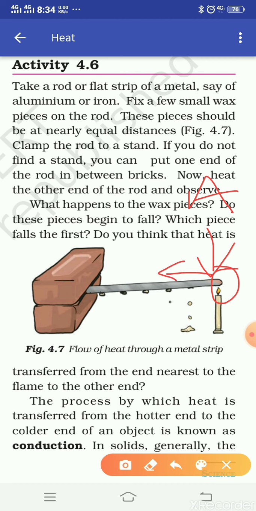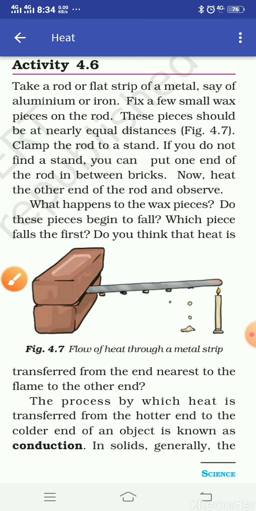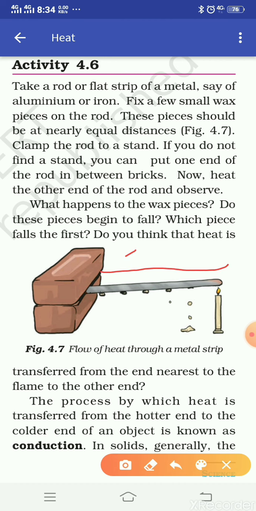Heat transfers from A to B, then B heats up and it is transferred to a third point C. When C heats up, it is transferred to another point D, and now you can conclude that heat transfers from the hotter end to the cooler end, clear. So we can say that heat always transfers from hot toward cool.